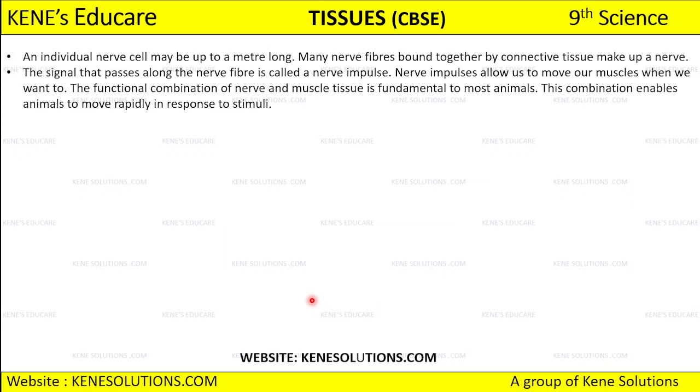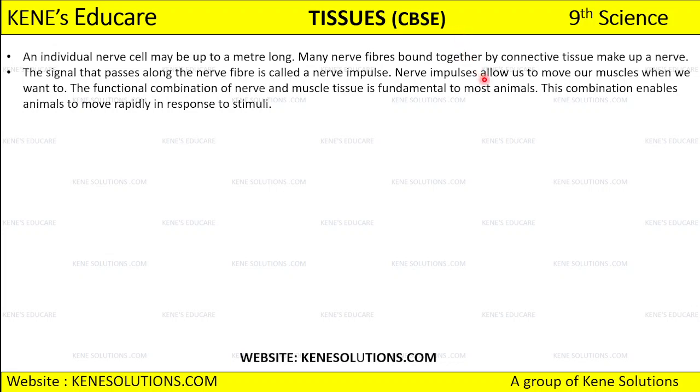Okay, so now see, an individual nerve cell may be up to a meter long. How long can an individual nerve cell be? It is a meter long, and all the nerve fibers are bound together by connective tissue, which makes up a nerve. So what will the connective tissue make? These nerve fibers bound together by the connective tissue make up a nerve. Okay, the signal that passes along the nerve fiber we call the nerve impulse. What did I say? The signal that passes along the nerve fiber we call a nerve impulse, and this nerve impulse